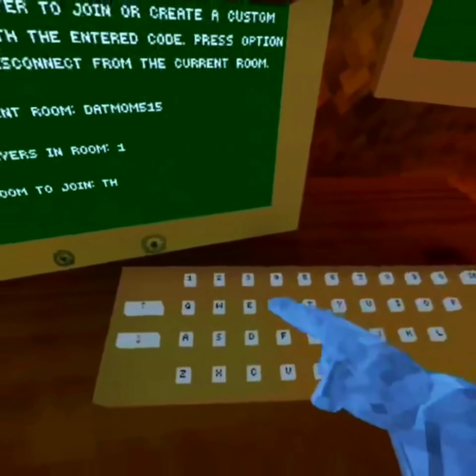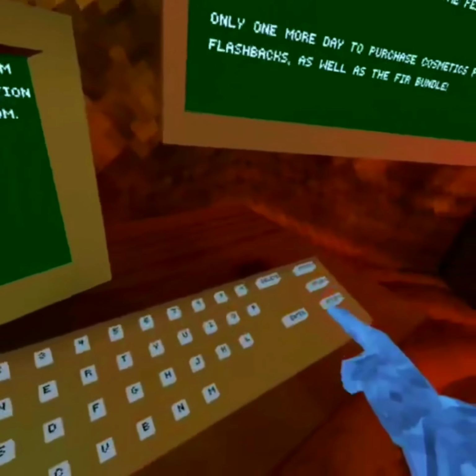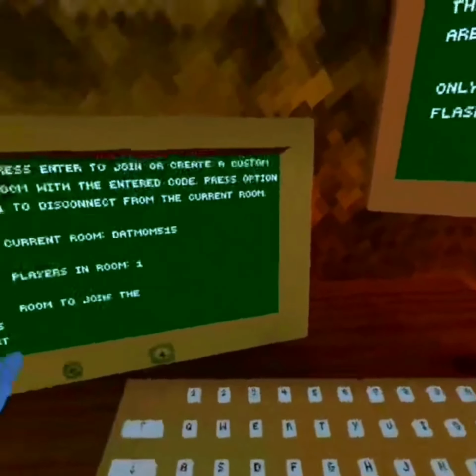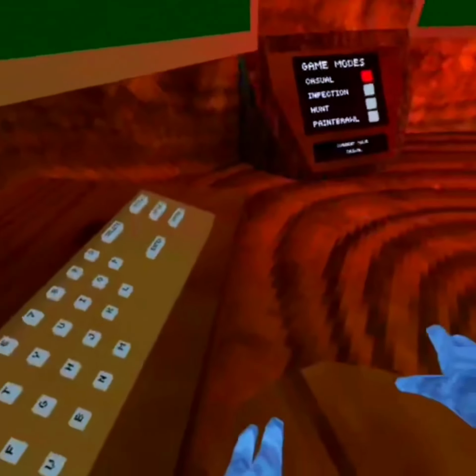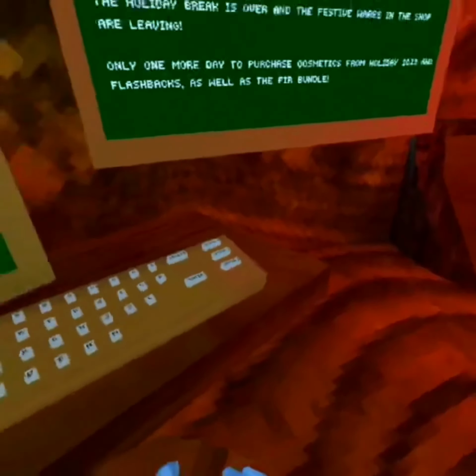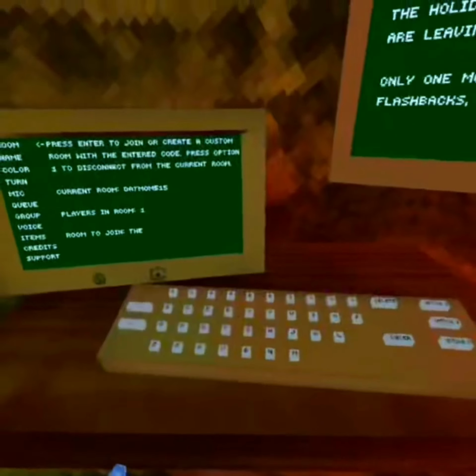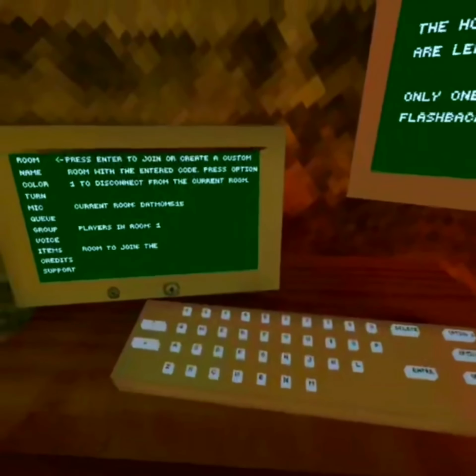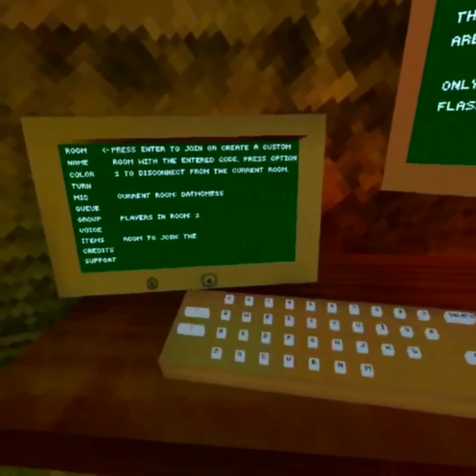For some reason it's THE. You could type the word THE and click enter, and everybody in the lobby that you're currently in that types the word the would join into the lobby with you. Now keep in mind, only 10 people can join a code. If you join a popular code such as 123,